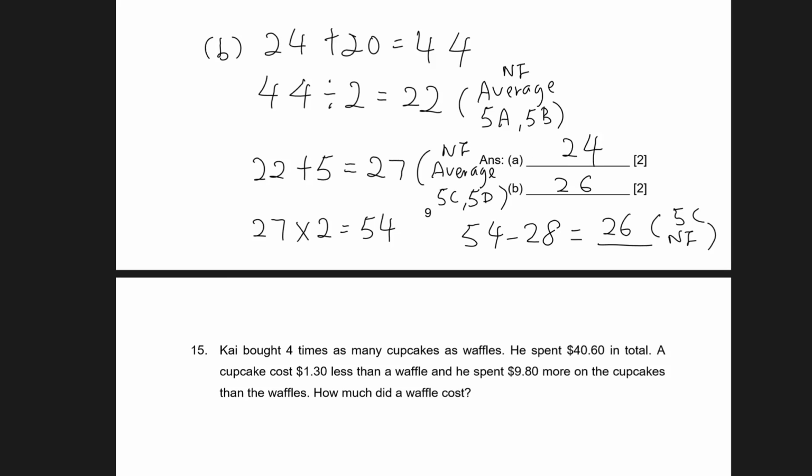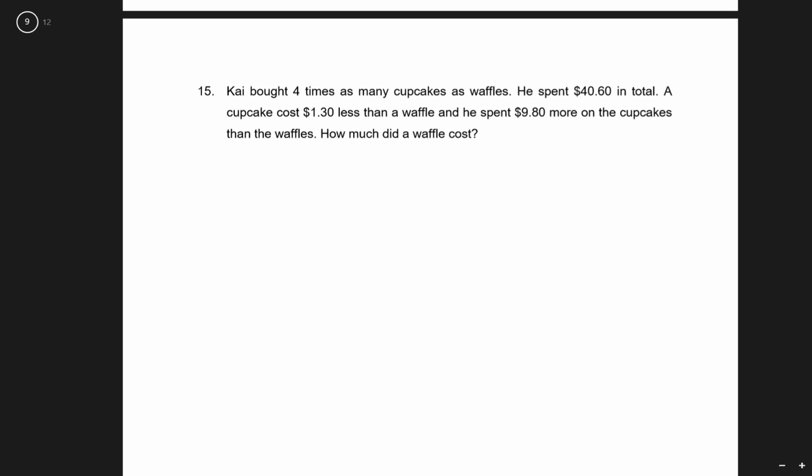Question number 15. You have Kai who bought 4 times as many cupcakes as waffles. So you have your cupcakes, you have your waffle, and the number of cupcakes being bought is 4. Number of waffles being bought is 1. Alright. Okay. Now,